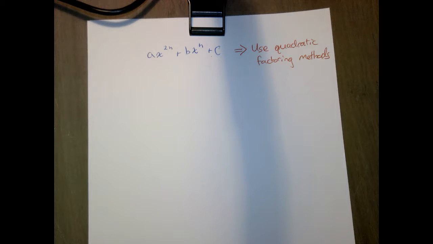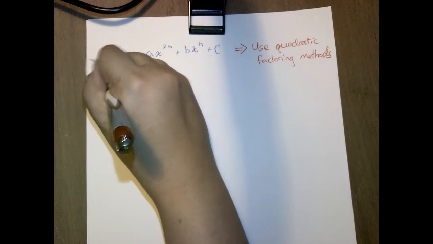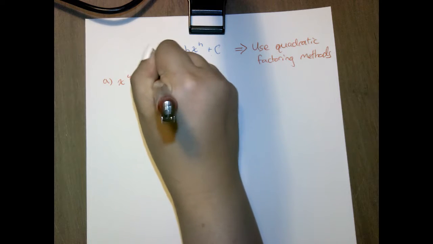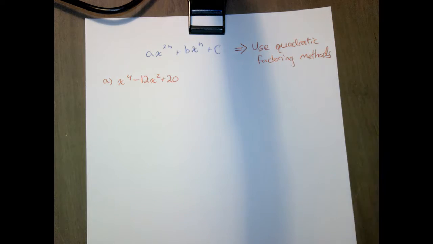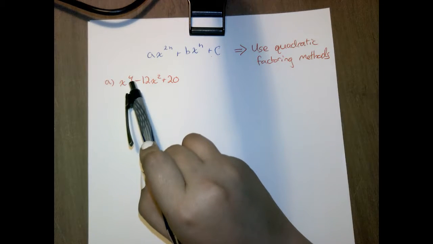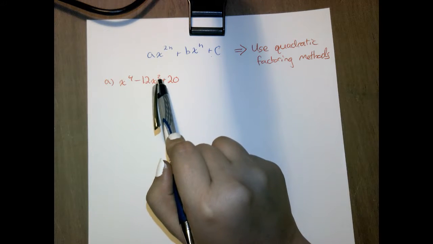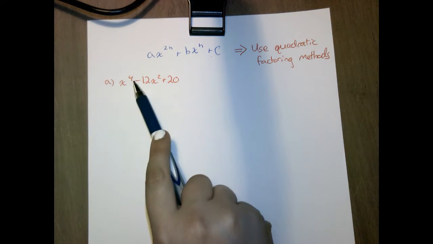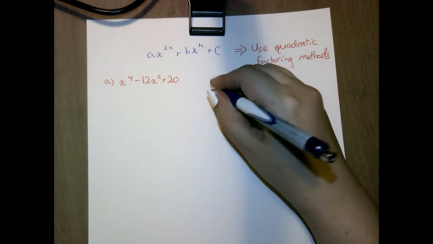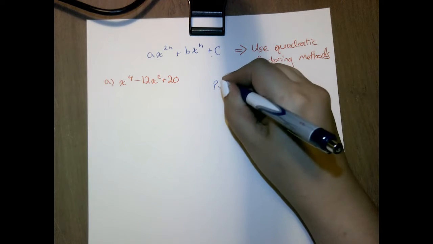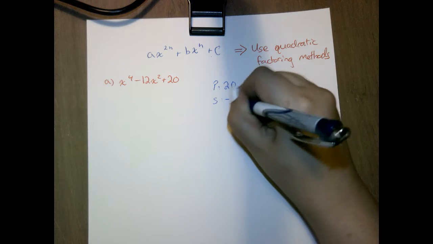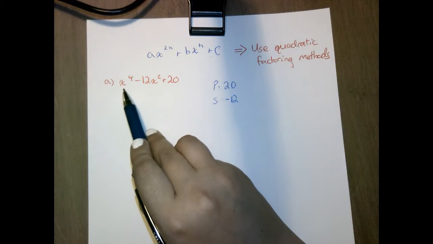So my first example that I'd like to show you is x to the power 4 minus 12x squared plus 20. So if I were to ignore that this was to the power 4 and that this was the power 2, right? Like let's say this was just x squared minus 12x plus 20. I would go about factoring this using the product-sum method, right? So I have a product of 20, a sum of negative 12, and since my a value is 1,